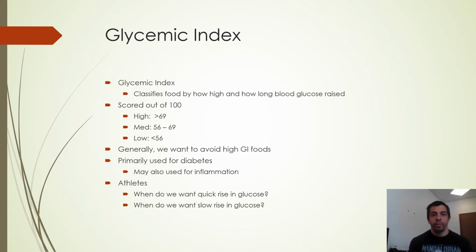This is that perfect example of an athlete that's competing for 30 minutes, 60 minutes, an hour and a half. Once they're competing for prolonged periods of time, you want that spike in blood glucose. You want that spike in insulin to increase GLUT4 activity, and then get the glucose to the muscle, right?